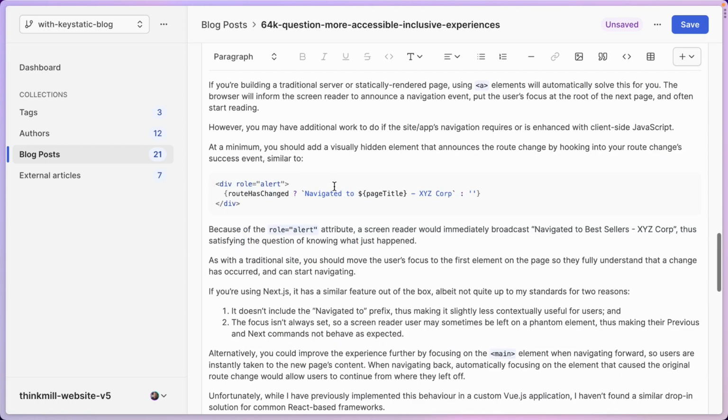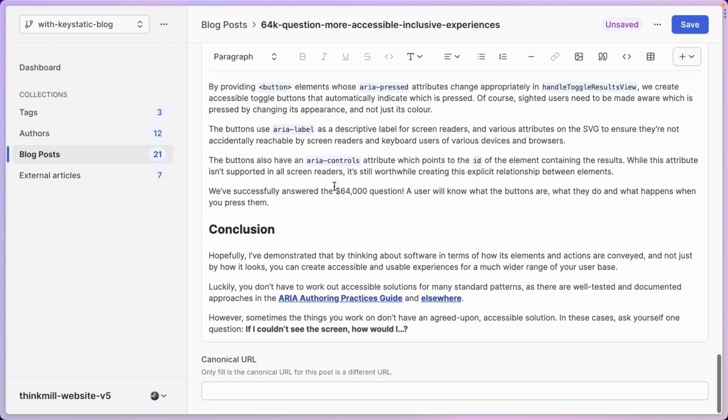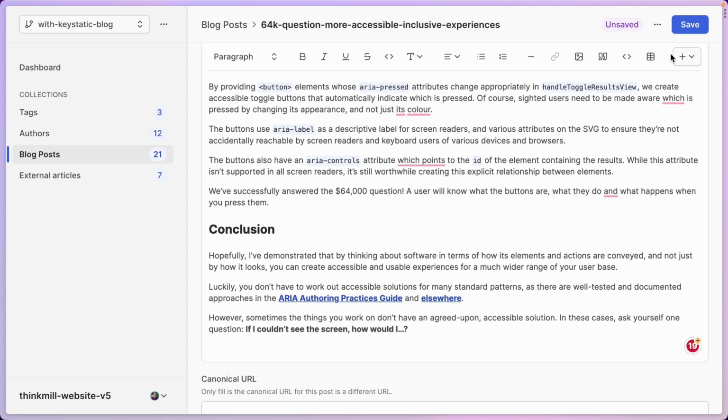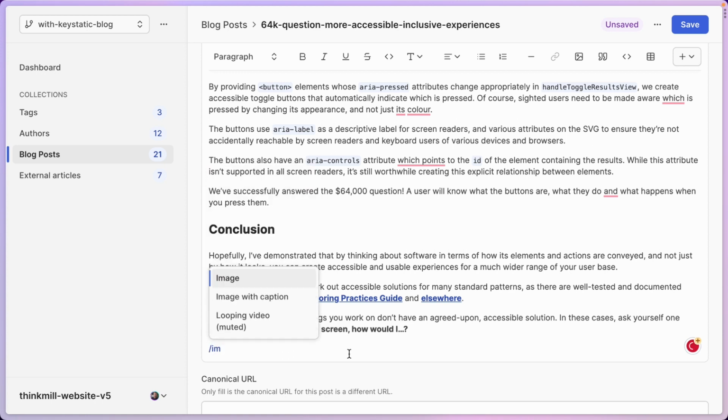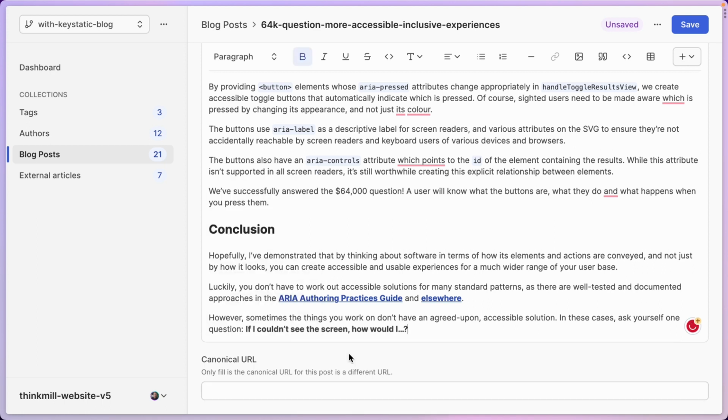So let me show you how it works. If I go at the end of this long post, I can click here on the drop down to select one of the custom blocks. Or if you use Notion or Slack commands, you can go / and then start typing image with caption. So you can find rapidly with this custom / commands the component that you want to add. Leave that empty unless this is a post that exists already somewhere and you want to point to the canonical